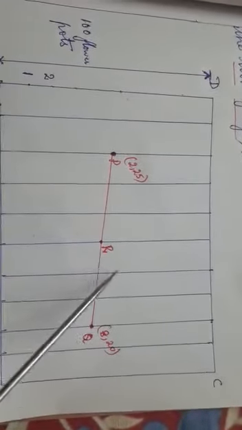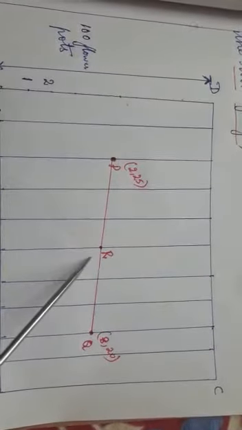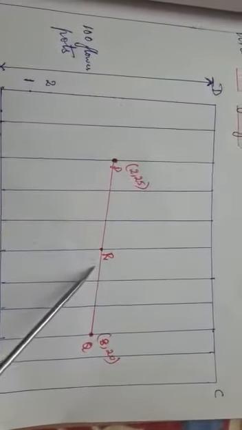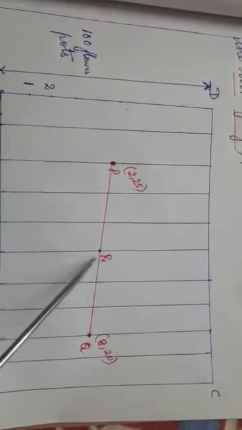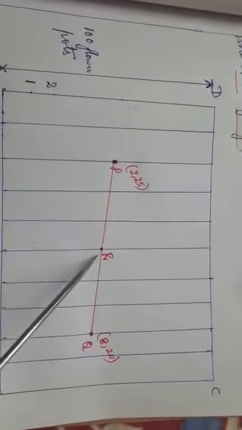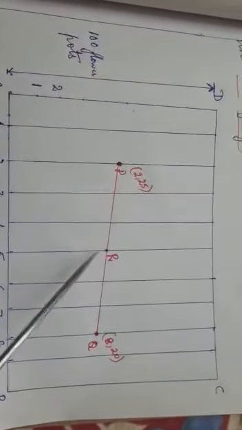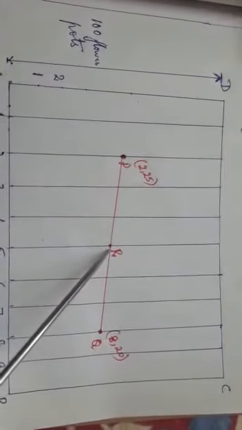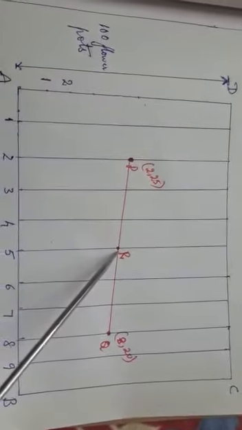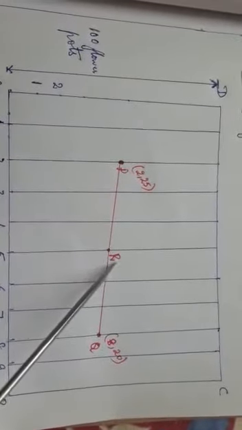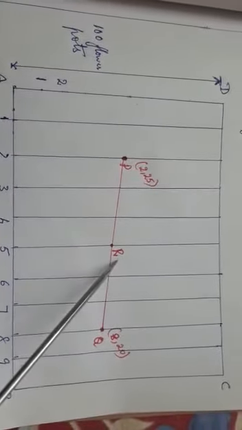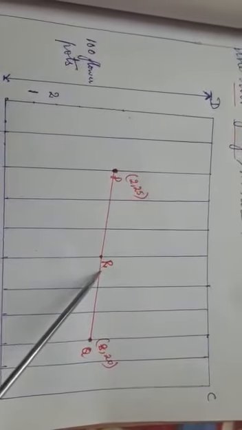Next, it is said that if Rashmi has to post a blue flag exactly halfway between the line segment, that means she is posting in the middle. Halfway means the middle of this line segment. So when I take the middle, it is the 5th line, I know very well. We are asked to find where she should post the blue flag, so we have to find the coordinates of where Rashmi is posting.